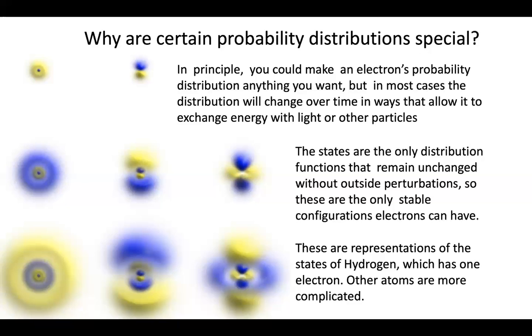So, and again, I'm trying to avoid all the scary math, which involves calculus anyway, but the basic thing is there are certain distributions where the wave function of the electron basically gives you a constant probability distribution. And forcing that to happen turns out to be a very stringent constraint, and there's only a discrete number of